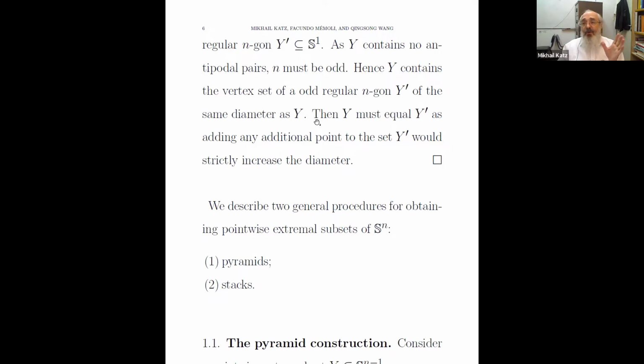That's what we're supposed to retain here from this proof: in the case of the circle, you get a nice family of subsets, which are regular odd polygons, which are extremal in this sense. In the case of the circle, they also give you an optimal packing with an odd number of points. But on the other spheres, the extremal configurations are not really related to optimal packings, except for the case of the tetrahedron. Okay, so now let's look at some examples. Let's construct some examples.